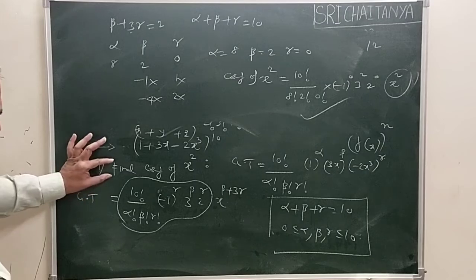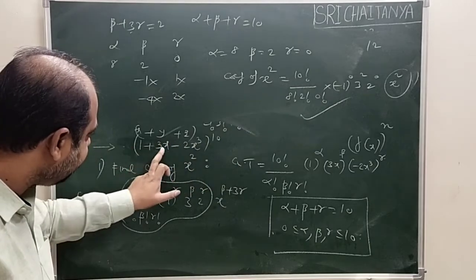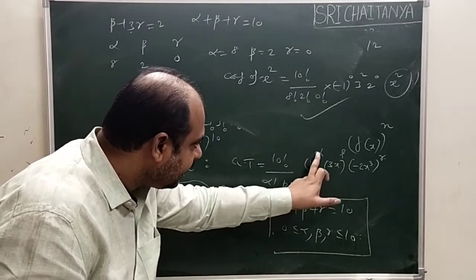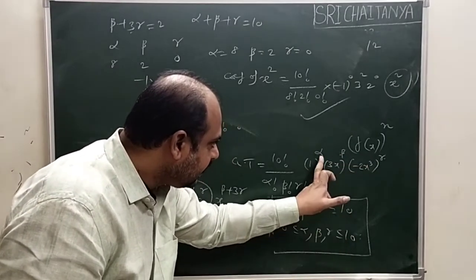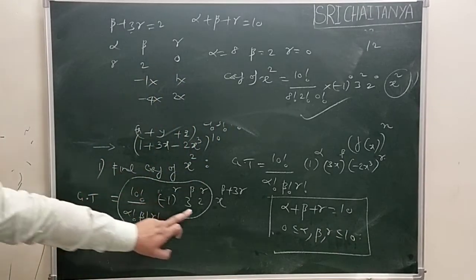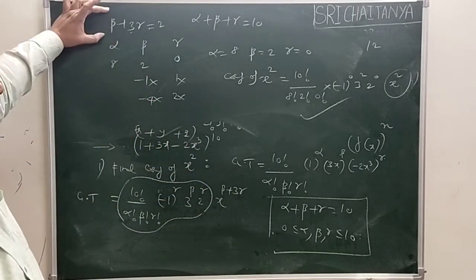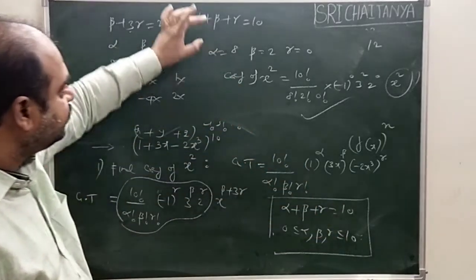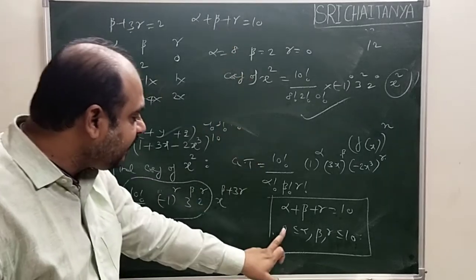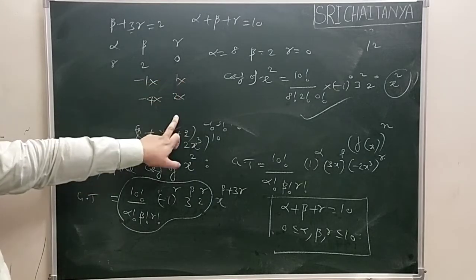Like that, whatever coefficient is asked, first write the general term, whatever the variables x, y, z are. Then write the conditions on alpha, beta, gamma: alpha plus beta plus gamma equal to 10, and alpha, beta, gamma vary between 0 and 10. Rearrange the constants before and then the x power. Equate that x power to 2. You get one equation, and you have another equation. From these two equations you have to find alpha, beta, gamma, which must lie between 0 and 10. So start from 0, 1, 2 like that.